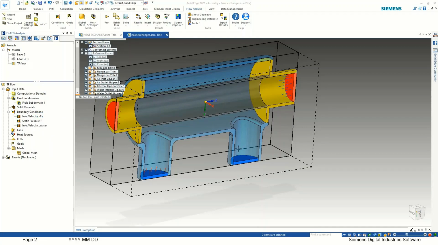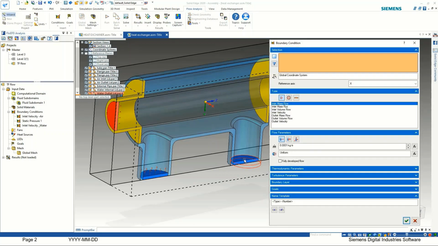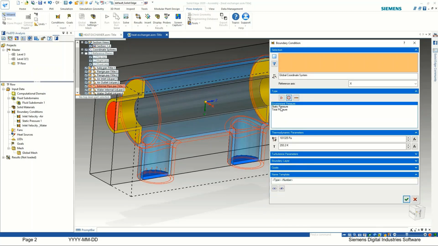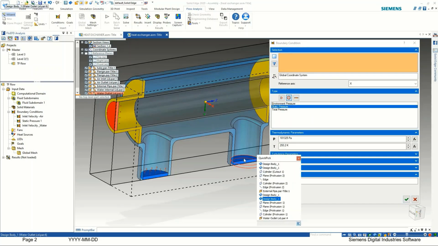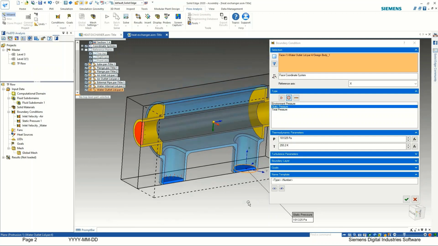So in this case we are going to apply the environmental boundary condition here also. That means it is also open to environment. You can also open it to some other pressure. That means this pipe is open to some other section of your process, or you can say it is open to some other machinery also. But by default, static pressure is more than enough to get the idea about what is going on in this system. Okay, so I'm going to take the default temperature value.